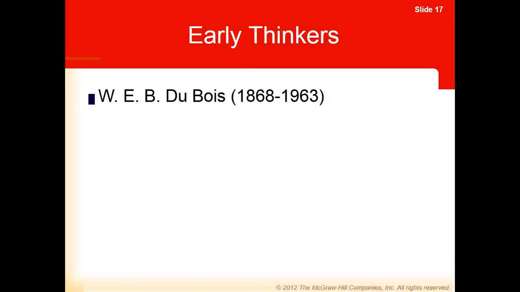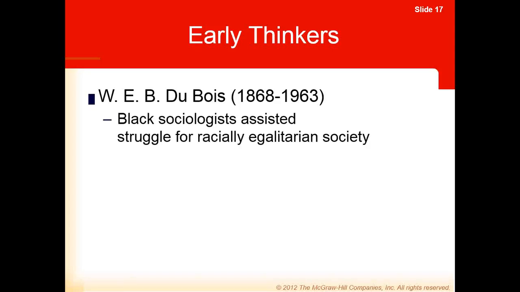Another early sociologist, a man named W.E.B. Du Bois. W.E.B. Du Bois was actually the first African-American PhD graduate from Harvard, was an early student of urban life and how urban life differed from rural life, and was also an early advocate for equal rights on a racial basis between blacks and whites,